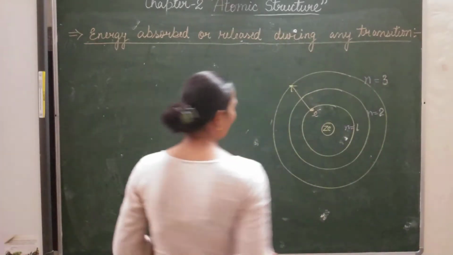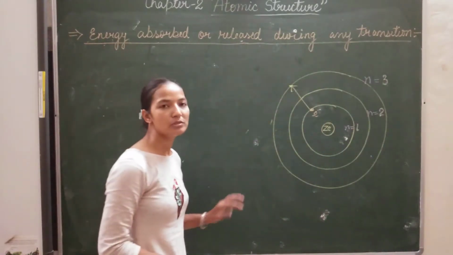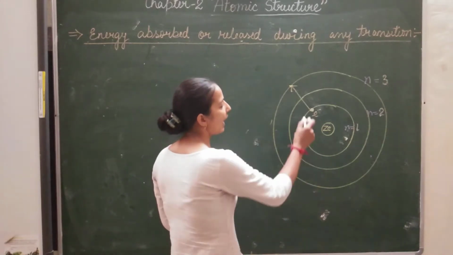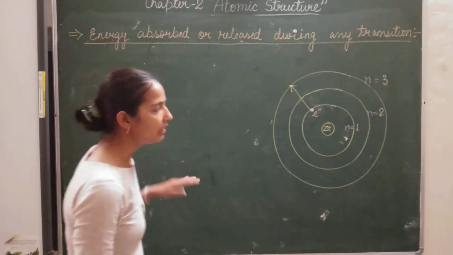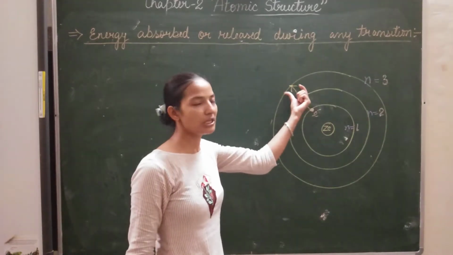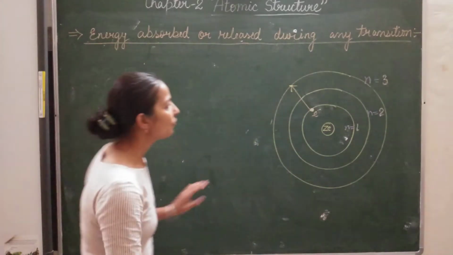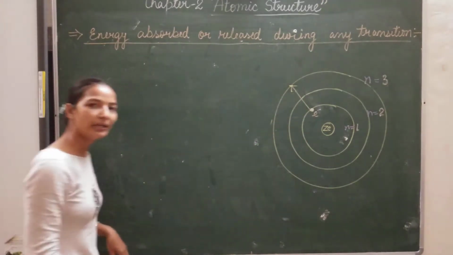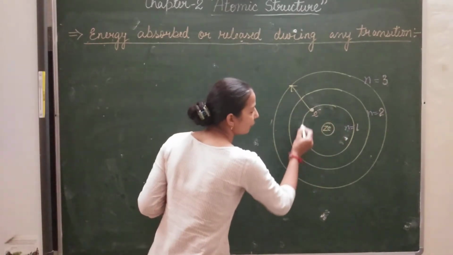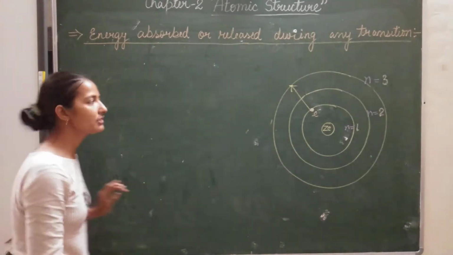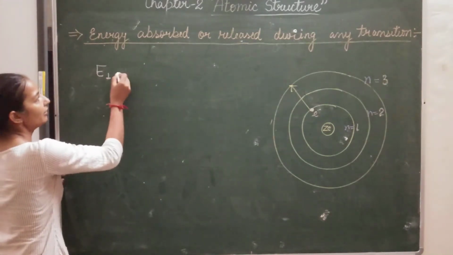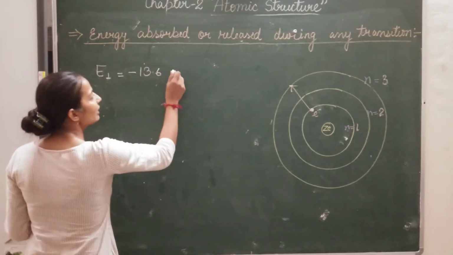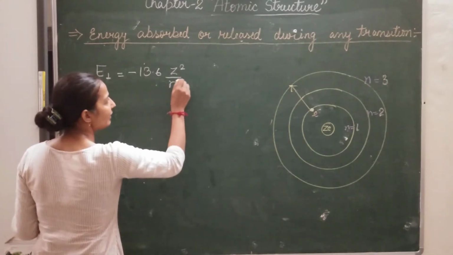So how can we calculate the energy? Let's suppose the electron is present here, and it gets excited to the next energy state or next stationary orbit of some fixed energy. How can we calculate how much energy it has released or absorbed? Suppose initially the electron is in its actual stationary state. So initially its energy, let's consider E1 or E initial, is equal to minus 13.6 Z square upon N square